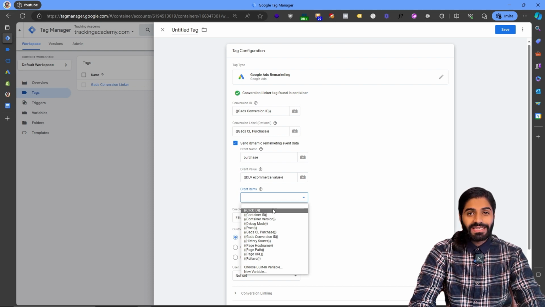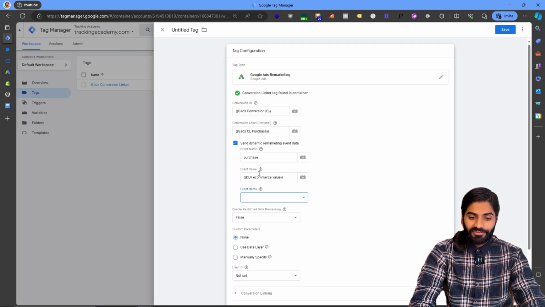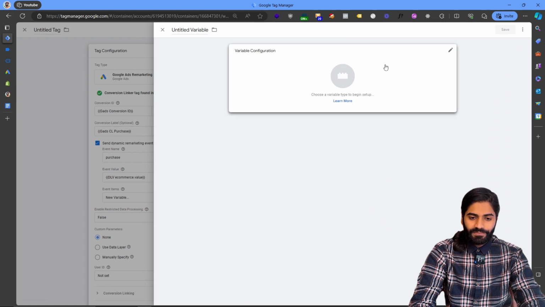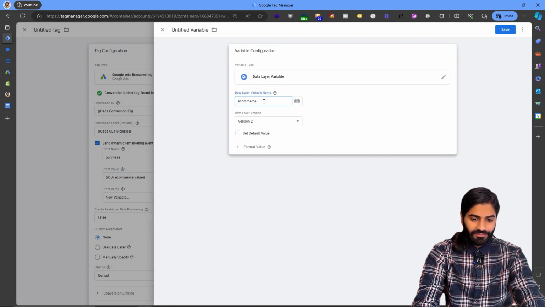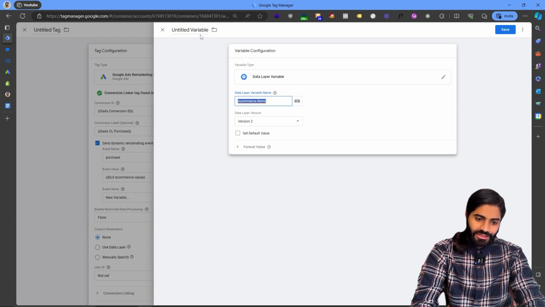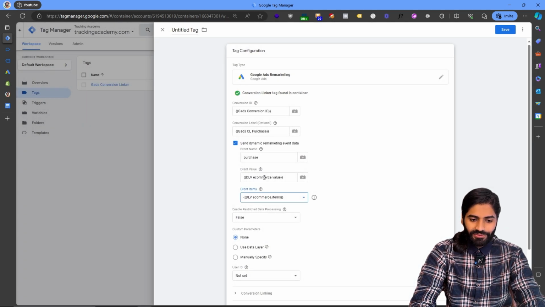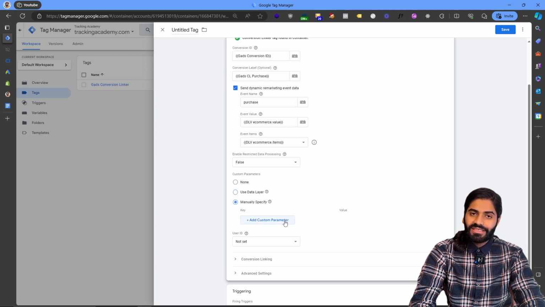We also need to give it access to the items array, and we do have the items array under ecommerce.items. So we can create another data layer variable that will get this items array. So let's click on new variable, select data layer, and let's name this variable DLV ecommerce.items. So now we have access to the value and the items array, such as transaction ID and all the other